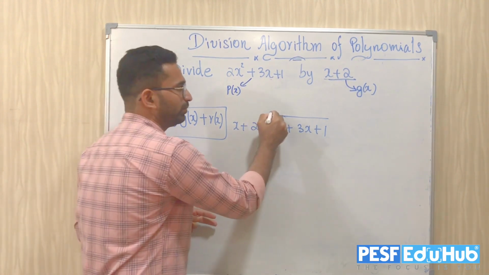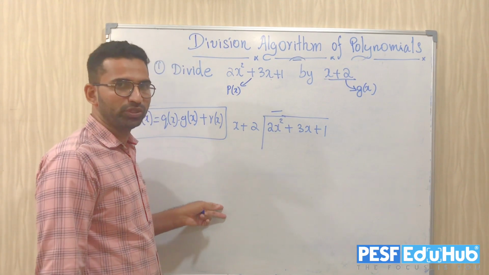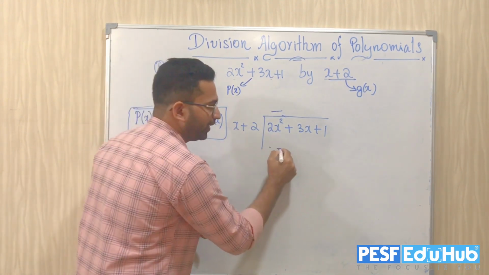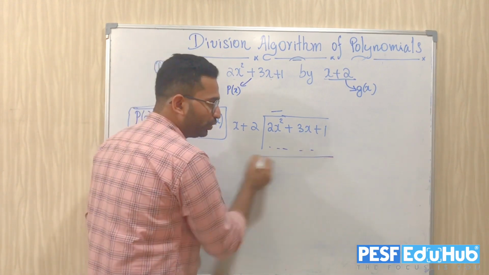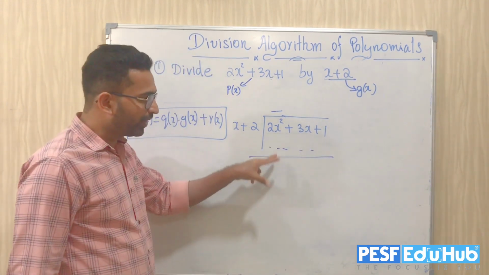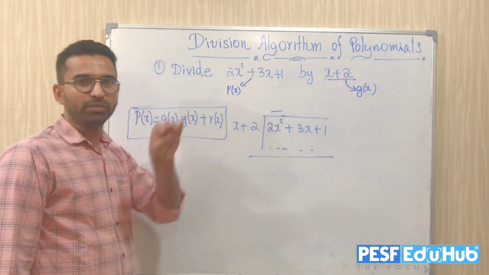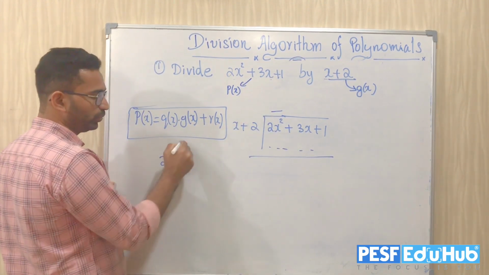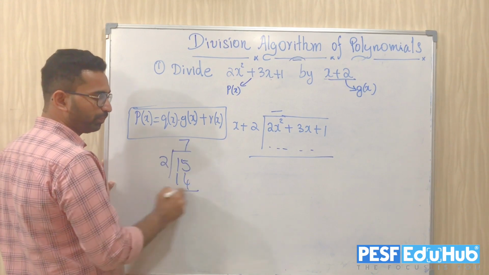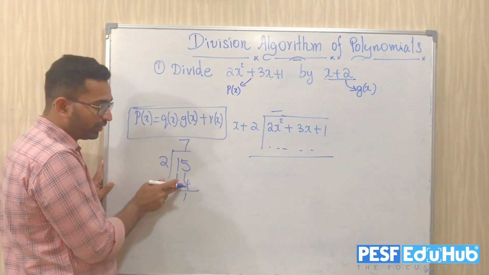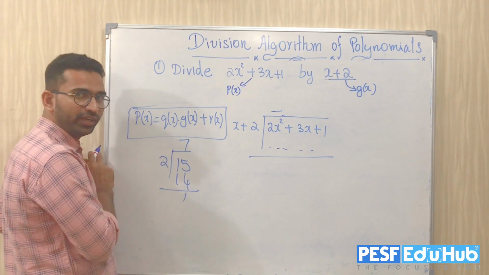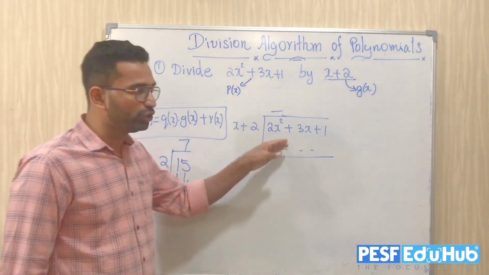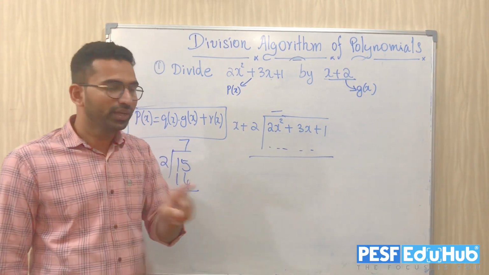Anyways, what will happen? I am going to write a quotient there. That quotient we are going to multiply here, and you will be writing so many things here, and you will put an underline and you will subtract something, and you will proceed like that. As we have written 15 divided by 2, 7 into 2, 14. Then I'll subtract this 14 from 15 like that, and I'm getting the answer as what? 1.